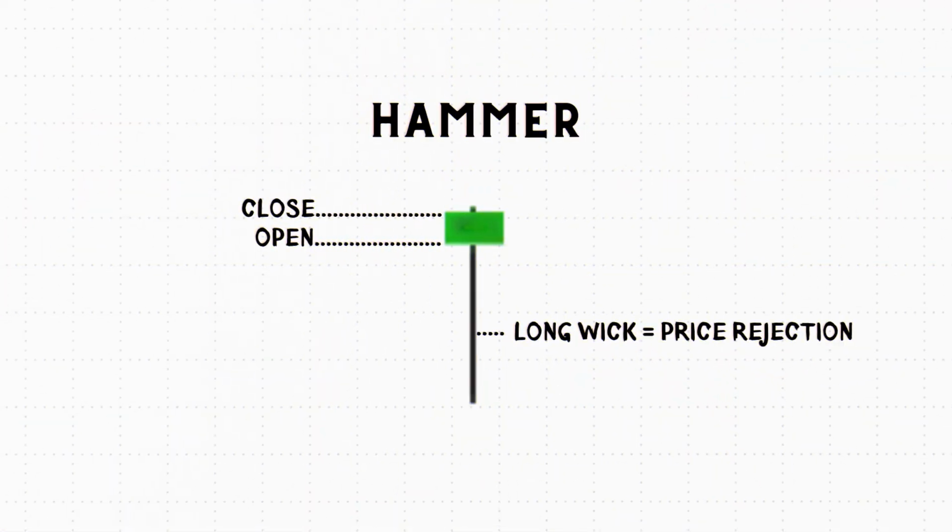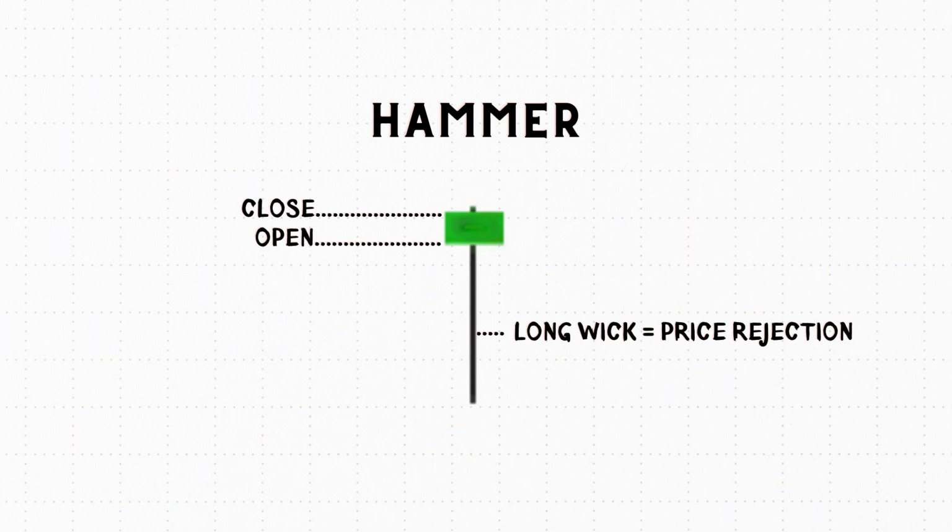Now let's see the most important candlestick pattern, the hammer pattern. This hammer candlestick pattern is one of the most important candlestick patterns, where the price will be traded well below the opening price. But in a short period, the price will be traded above its opening price. So it will change its direction from low to high, which means it will be forming a hammer pattern. This is considered one of the most important bullish signs.